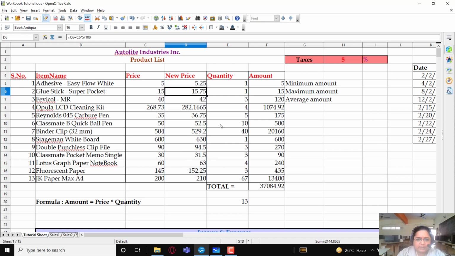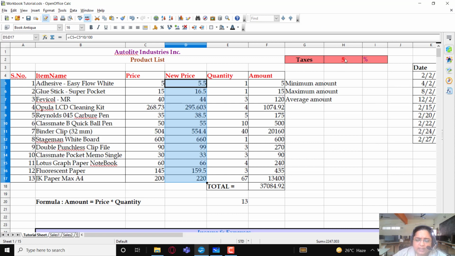Now the problem with this method is you will have to change this 5 value if there is an increase in the tax. Suppose next time there is an increase in the tax, it becomes 10%. So you'll have to make this 10 and drag the formula again. Why not use a better technique to do this?